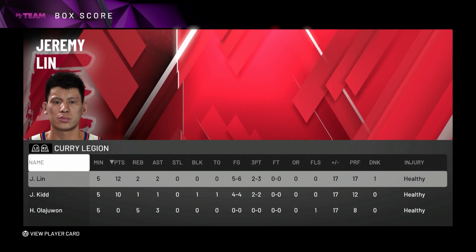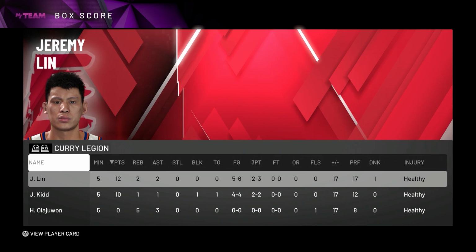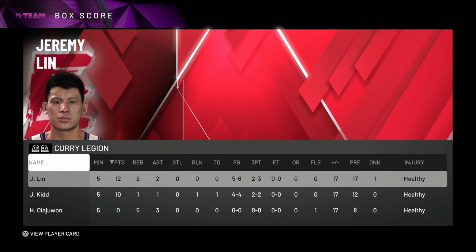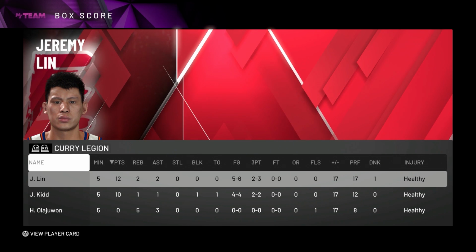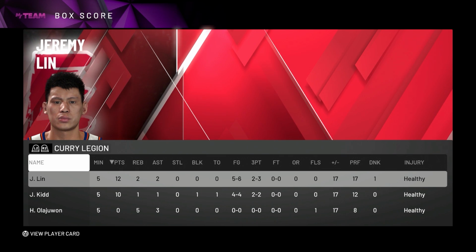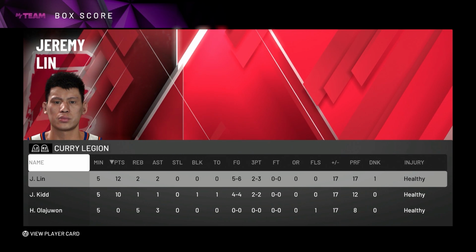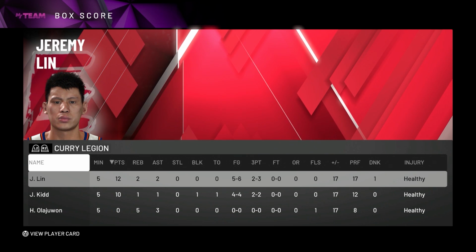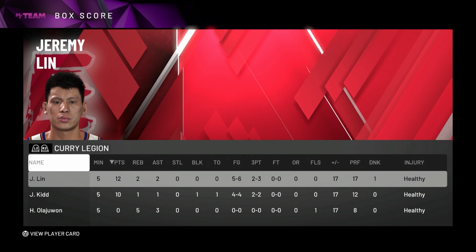And now it's time to do the final verdict. Who is better? Or who should you grind? So I'm just going to talk about overall. So Jeremy Lin, right? He's a better shooter than Jason. And he's a bit more athletic. He does more flashy dunks. And he's a better shooter. So if that is your main focus, if that's what you like in a point guard, I'd say go